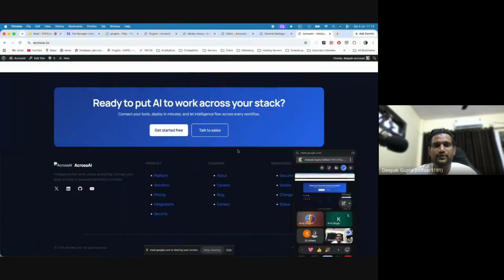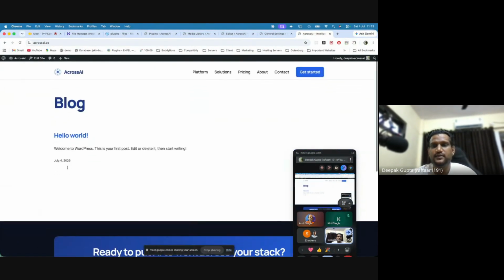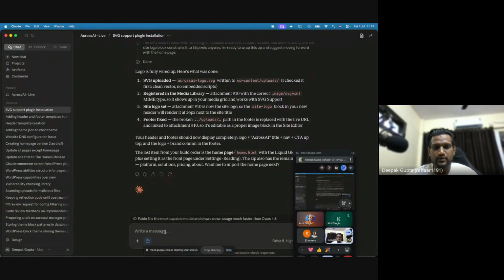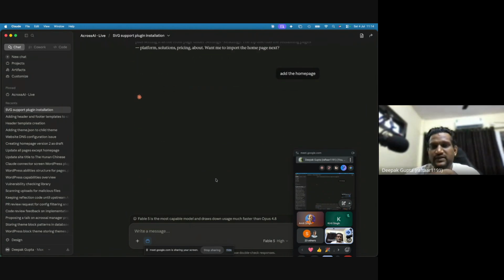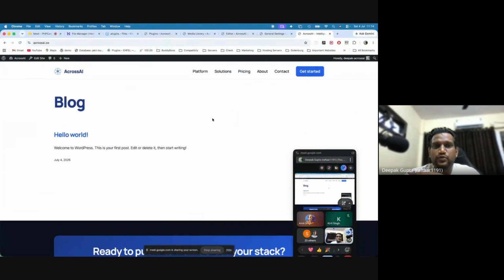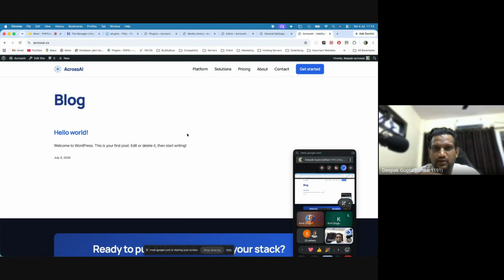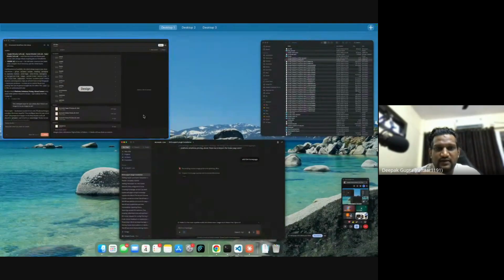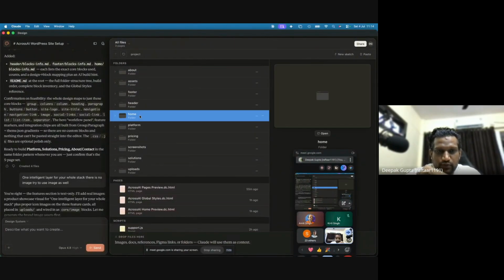Yeah. So now if I come, you see the footer image is also fixed. Now what we're going to do is start the home page. I have the home page now. I have a total of 6 pages, including the home page. I'm only importing the home page now. It is going to change the design of this page to match the design we had in the design file. So if I go over here to the home page,